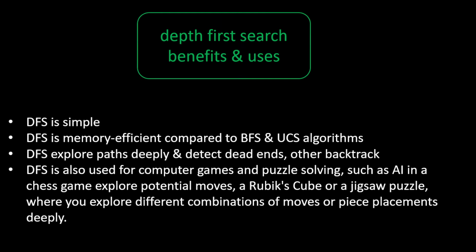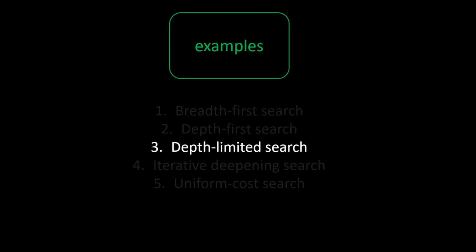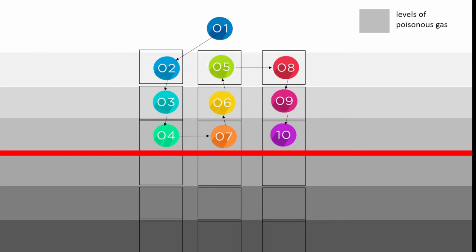So you can explore different combinations deeply to get the answer that you're looking for. So that's the depth first search. The depth limited search. Here we've got layers underground that have different levels of poisonous gas. And you can see the darker the grey, the more poisonous gas. So we can state that we can go down, let's say, 3 levels quite safely, and then after that, not